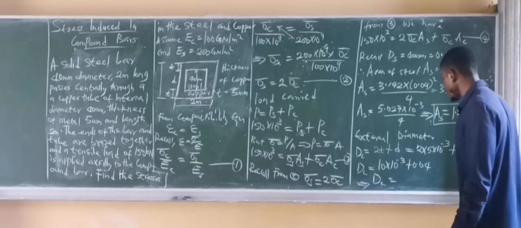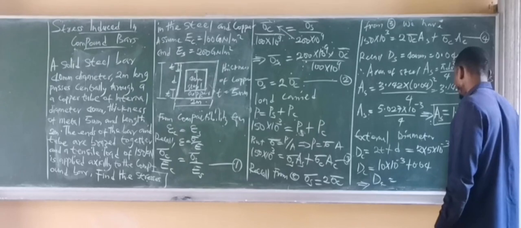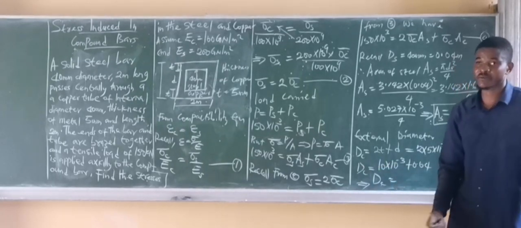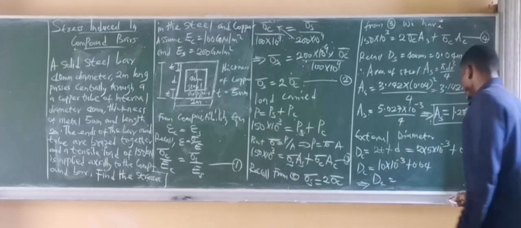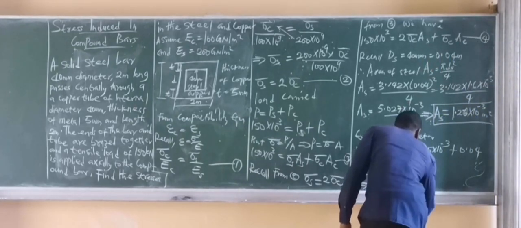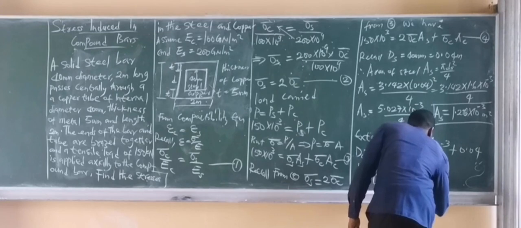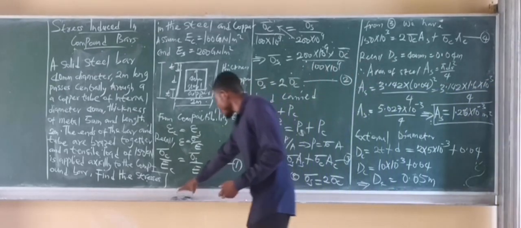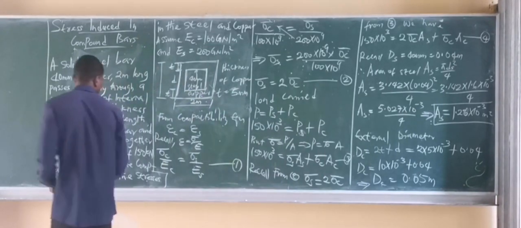That's 0.01 plus 0.04. Should be 0.05. Yes, 0.05 meters. So this becomes the external diameter of the copper. Okay, so if that's the external diameter of the copper,